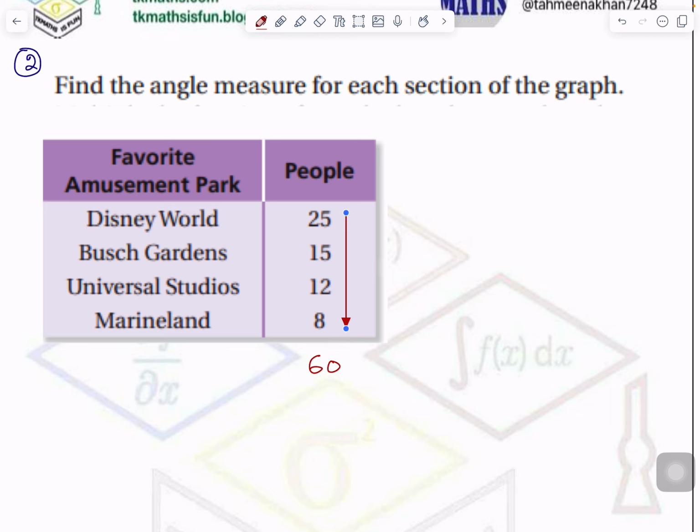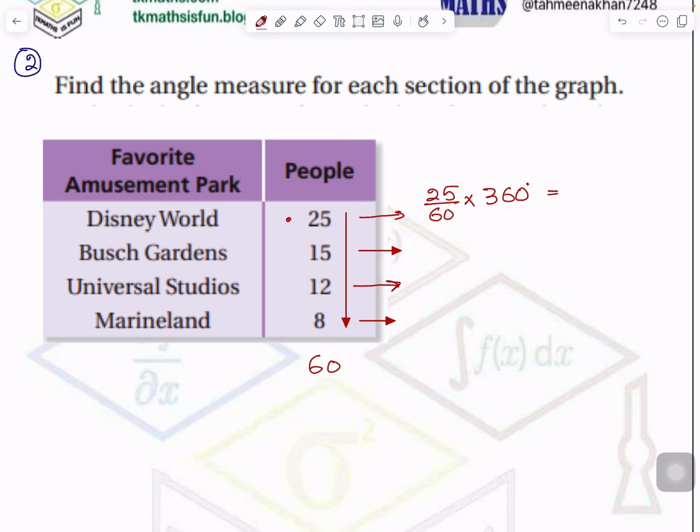I want to make a pie chart for it. I'm not teaching, neither is the question asking. The question is only asking how many degrees each one of them will represent. Agreed? So you have to find out the angle each one will measure. Okay, so the technique will be the same. 25 people out of 60 people into what? You are changing it into degree. Multiply by 360 degree. So you will get the answer.